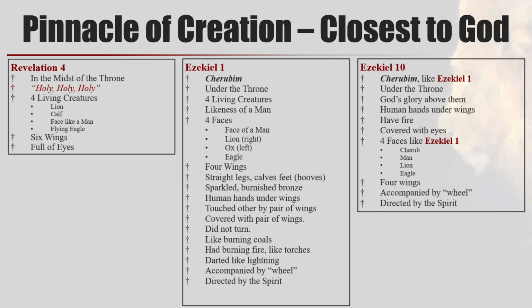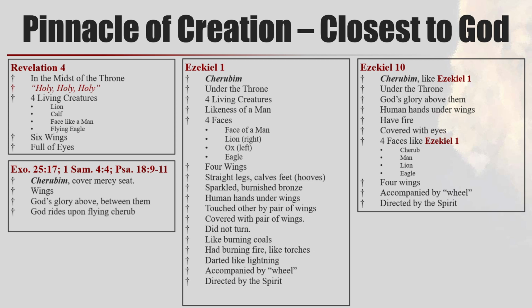But in Ezekiel 10, he calls them, this is the cherubim that he saw earlier, and there he says that they are covered with eyes. And they have the same four faces, four wings, and we see the same wheels within a wheel that went everywhere without turning that are also in Ezekiel 1. Again, also directed by the Spirit wherever the Spirit said to go. And again, being underneath the throne. So keep in mind Ezekiel's perspective, under the throne, versus from God's perspective being around and in the throne. These having very close proximity to God and being very closely associated with his throne.